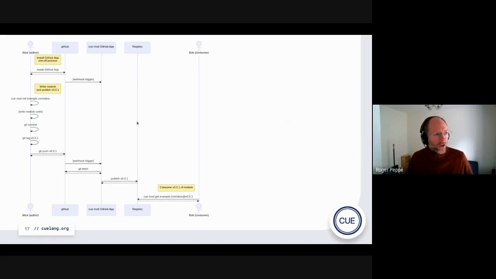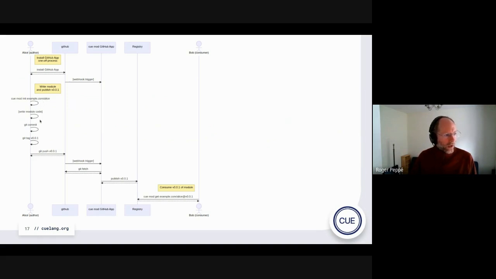So here's a little diagram of how that might actually work. So Alice is publishing a module. She installs the GitHub app, which makes a trigger, which currently doesn't do much.